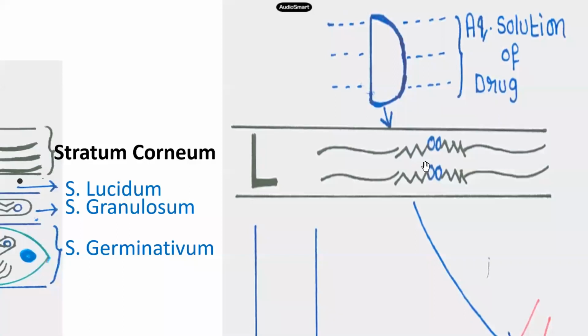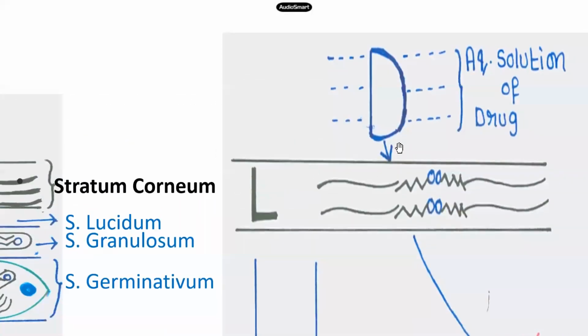Observe, friends. With your opinion, I am preferring a hydrophilic drug for systemic activity. Once again, remember, for systemic activity only. This is the drug. You can't apply the drug powder. First of all, the drug powder must be dissolved in a suitable solvent. Which is the suitable solvent for a hydrophilic drug? Water is the suitable solvent.